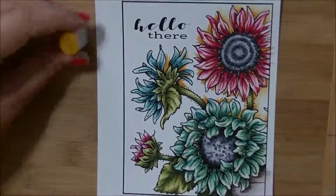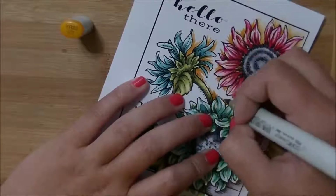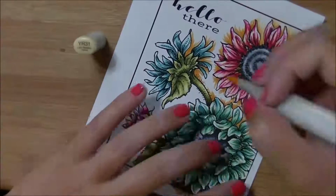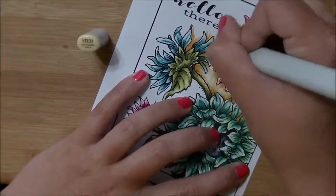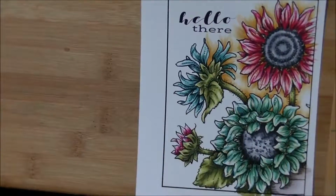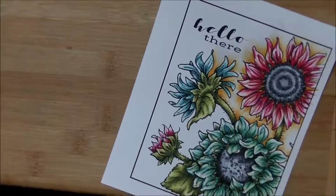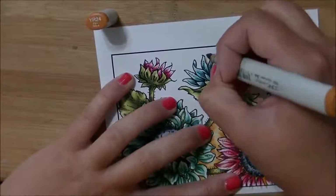So I went with yellows, and I used the YR 24, 23, and then I used a YR 31 instead of the 21. The 31's just a little bit lighter. And then I just used my 0 to blend it out a little bit more and soften it all up. And I work in smaller sections here instead of going all the way around because I don't want that ink to completely dry while I switch to another color. I was afraid that if I started at one end and just went all the way around the image with the darkest color and then the next color and the next color, my ink would be drying in between